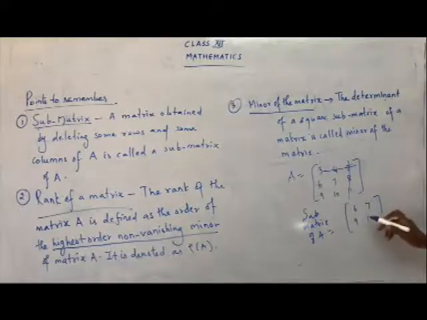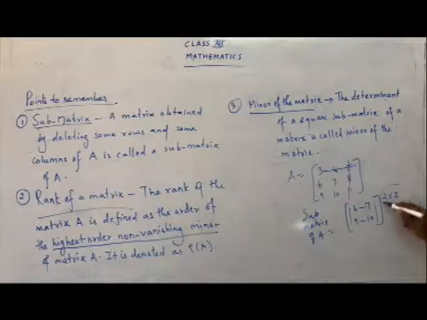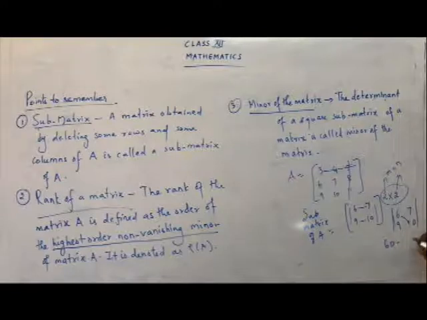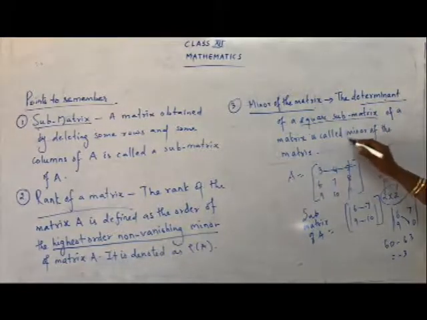Now see here, children, this is a square submatrix. You have the same number of rows, 2 rows, and the same number of columns, 2. So the order is 2 by 2. That is, the number of rows is equal to the number of columns, so you call this type of matrix a square matrix. When you find the determinant of this matrix, just find the value: 6, 7, 9 and 10. Cross multiply: 60, 7 9s are 63. So you get the answer as -3. So the determinant of a square submatrix is called the minor of the matrix.